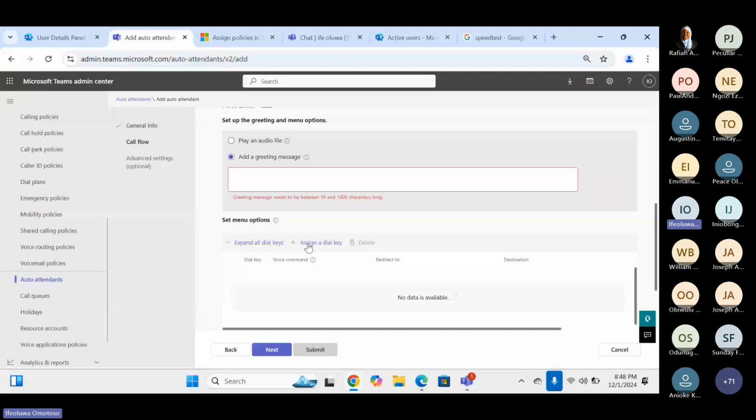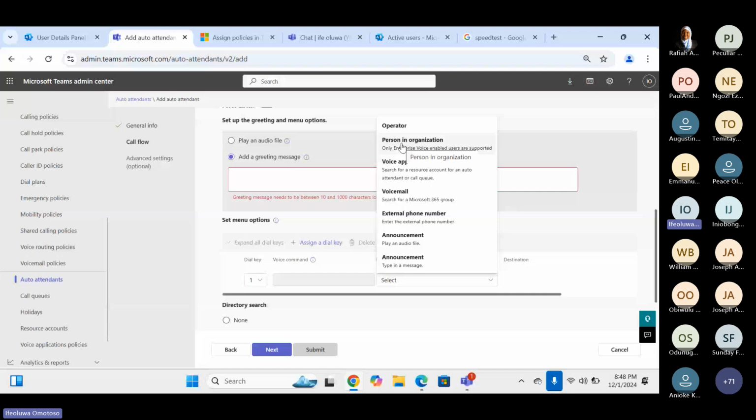Under this one now, you can decide, let's say, to let people know more about the organization. You can click on announcement. This announcement is based on the audio or what you set. It's going to tell the person about the organization, because one is about the organization, right? You can decide to have it go to a voicemail. You just want that person to leave a voicemail for you. You can decide to route it to an operator,